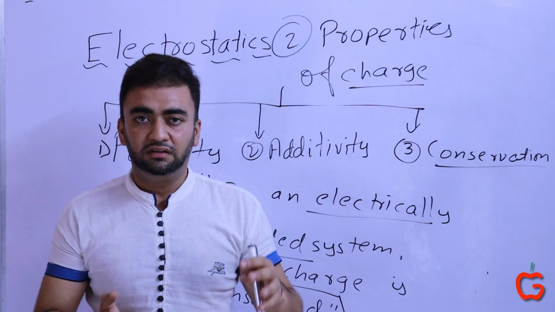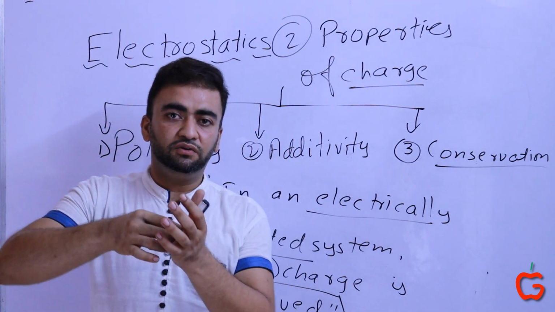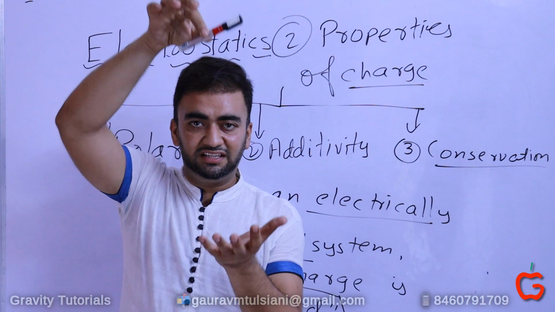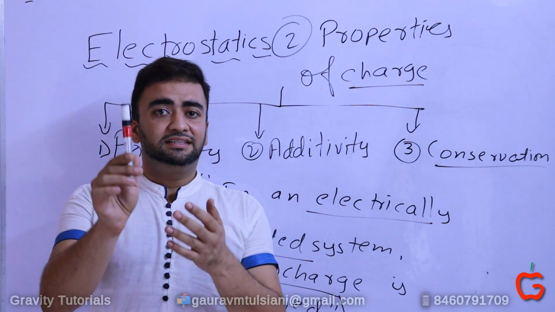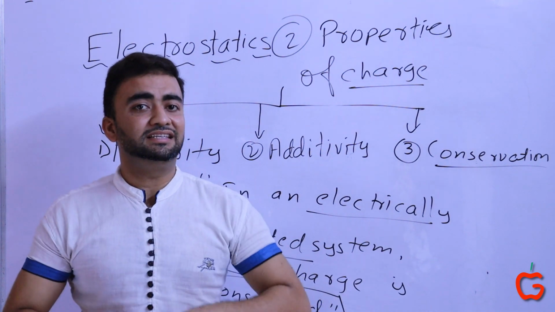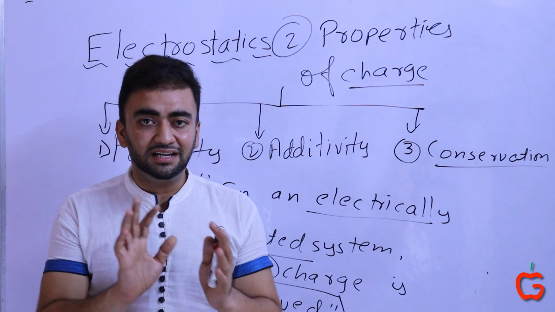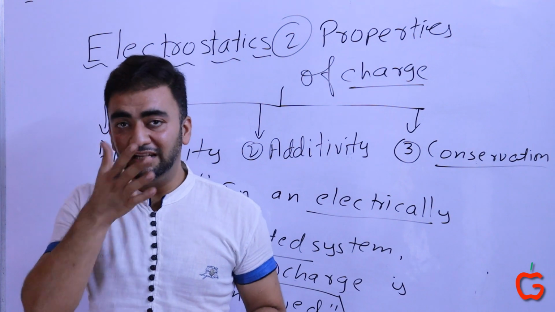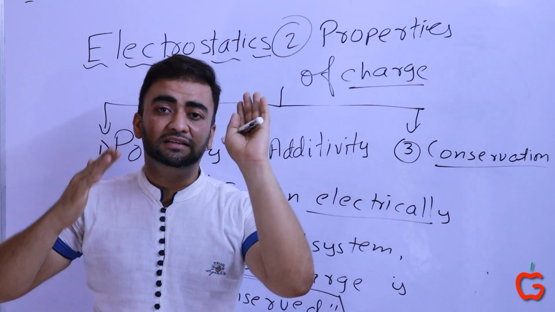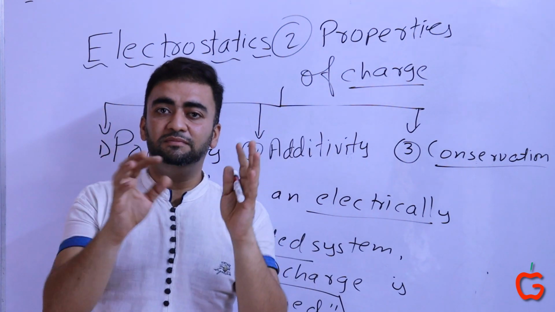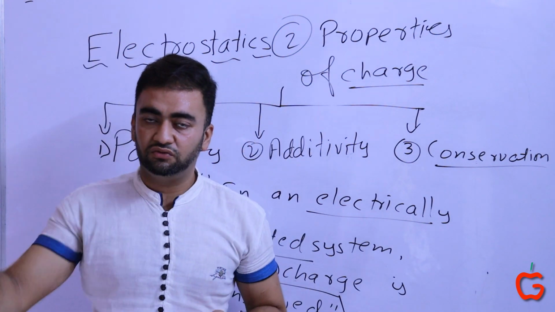Suppose you take a box. That box is electrically isolated. Now you are putting 1 coulomb of charge inside that box. Now the law says that this charge cannot change form, not like energy. It will be positive 1 coulomb charge only, unless you put some extra charge or take out some charge. Till the system is electrically isolated, the system is going to have plus 1 coulomb of charge only.